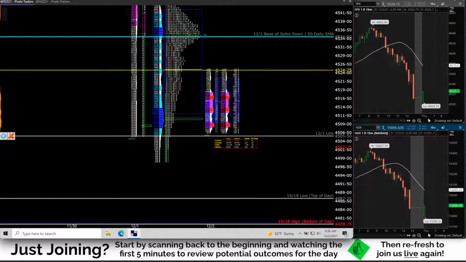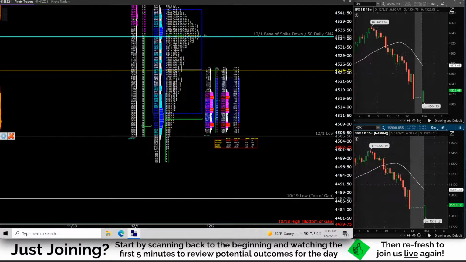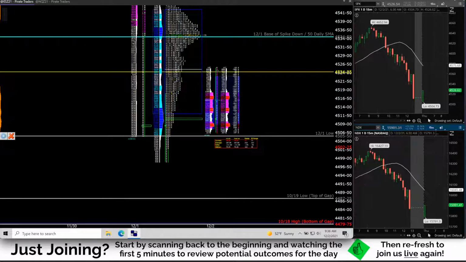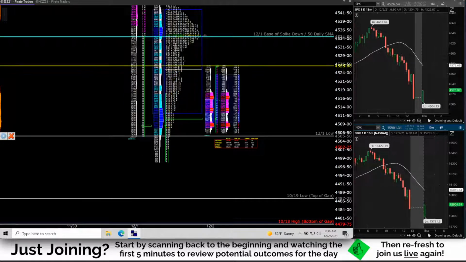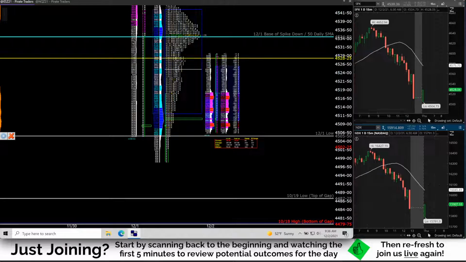Mike, would bulls hope it could start lower and rally sometime this morning? Yeah, of course. It could always rally. It can always turn around and go up. That is for sure.